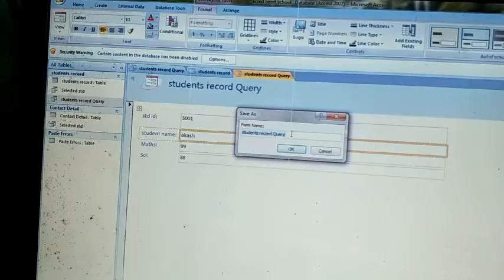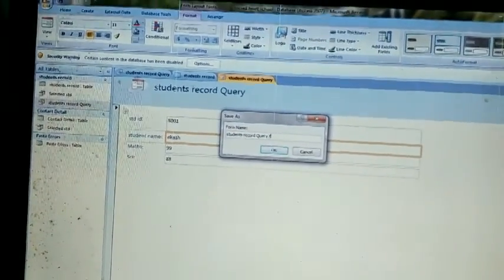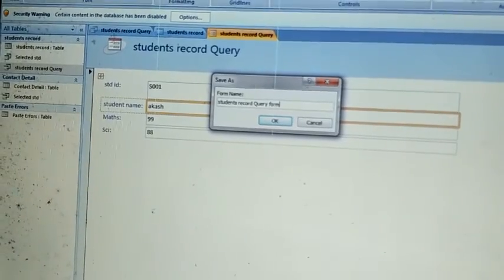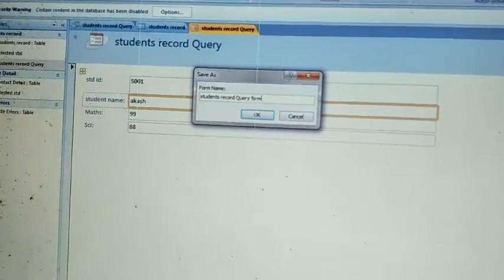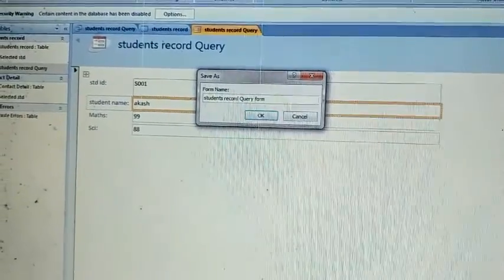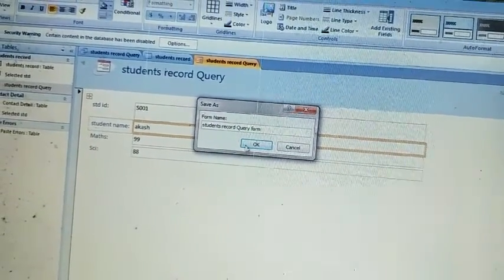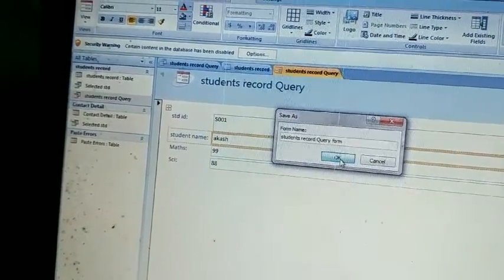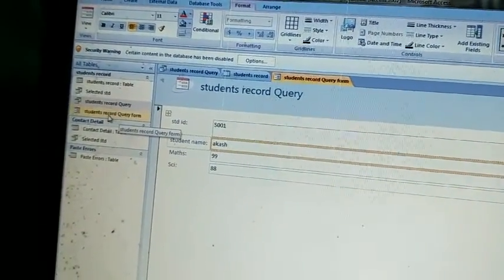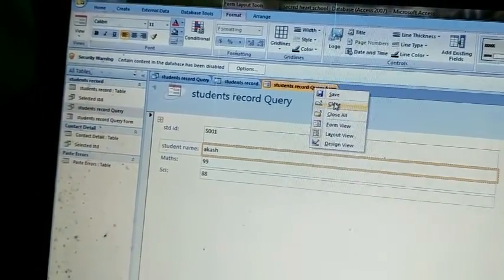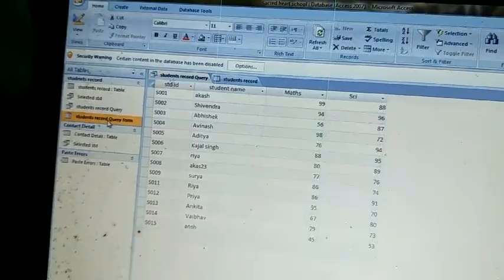Write down student records query form, because if it is saved with the same name, you will be confused. So write a different name, student records query form, and press OK, and see in the left side panel. Look here, student records query form. Now close it and open it from here.